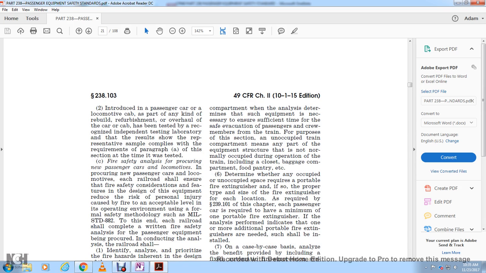Fire safety analysis, procuring new passenger cars and locomotives. Each railroad shall ensure fire safety considerations and features in the design of equipment to reduce the risk of personal injury from car fire to an acceptable level of operating environmental use, using the formidable name and safety methodology, military standard 882. And each of the railroads shall comply with a written fire safety analysis of the passenger